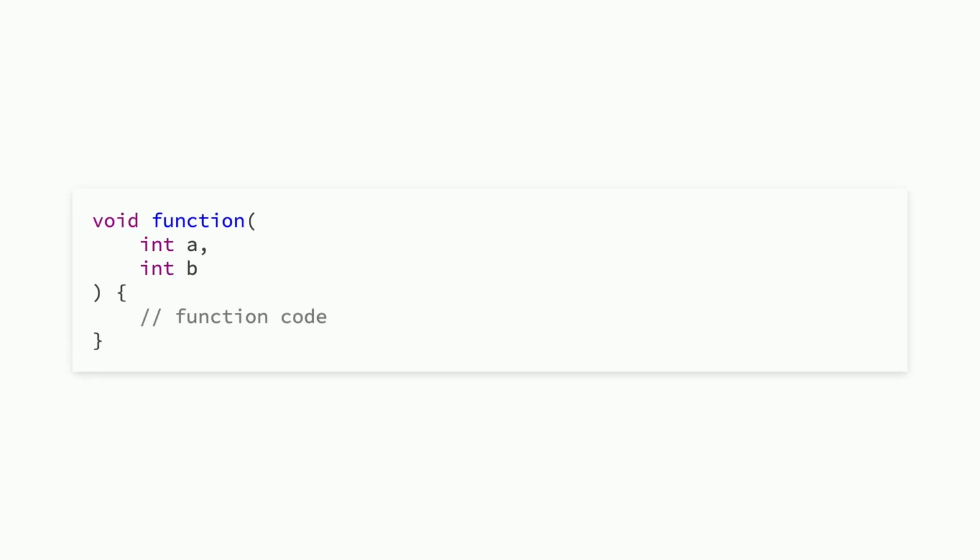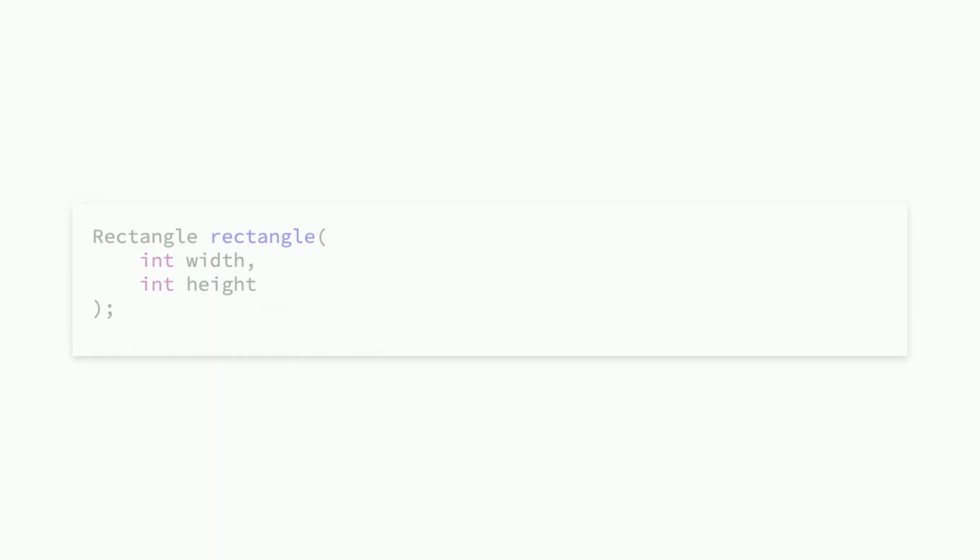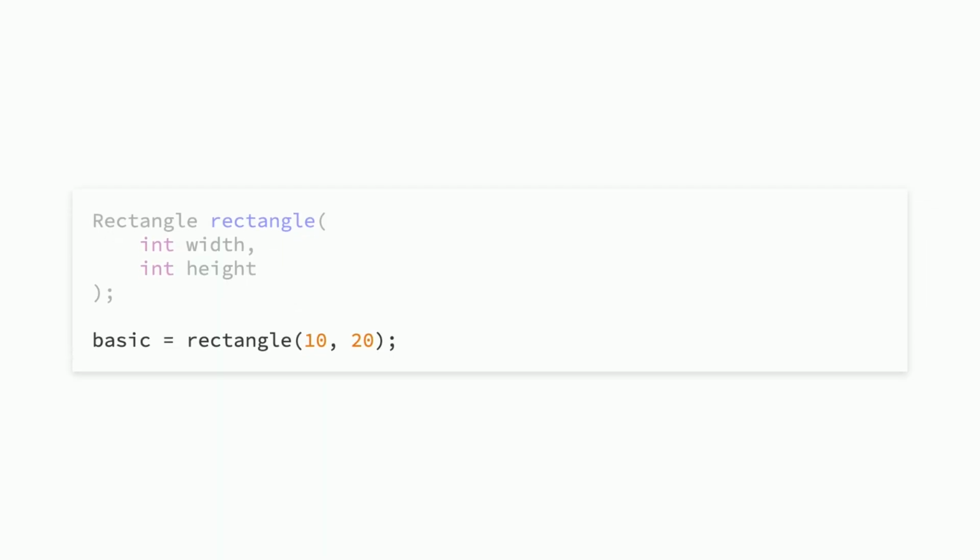And to show what I mean, I'll start by using a function from another language. And I'll change it up to a more concrete, relatable example, making rectangles. I'll also simplify it down to just a function type signature. And now this function can be called to create a basic rectangle of a particular height and width.